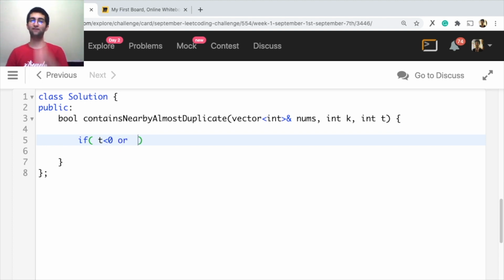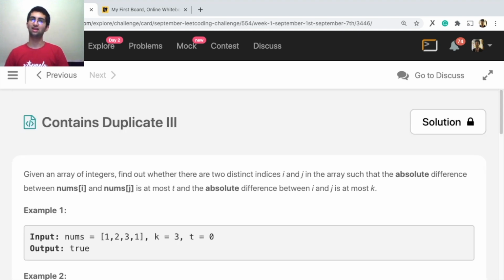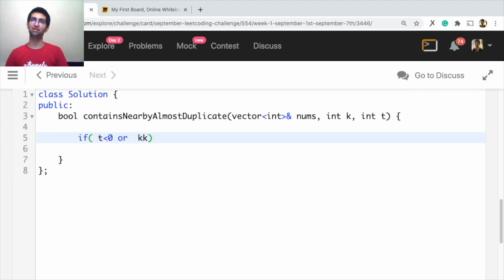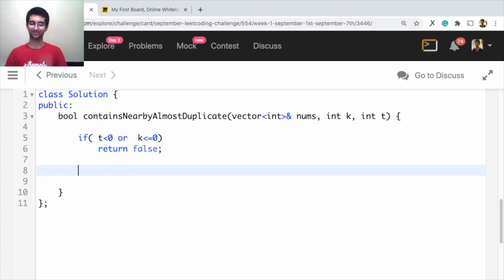Or the value of k, the distance between the two elements, right? They have said 2 distinct indices, so that means it cannot be the same element, so it cannot be 0. Let's write less than or equal to 0, return false. That's just handling the exceptions.